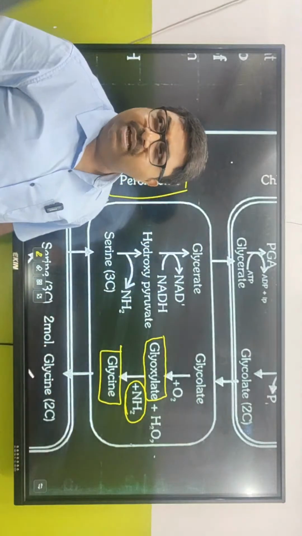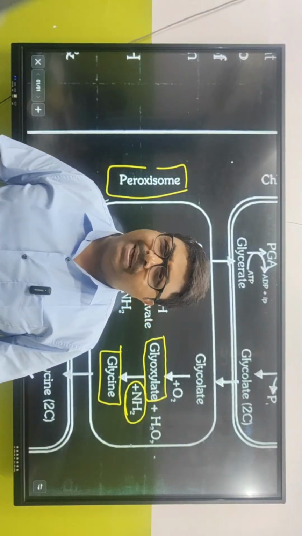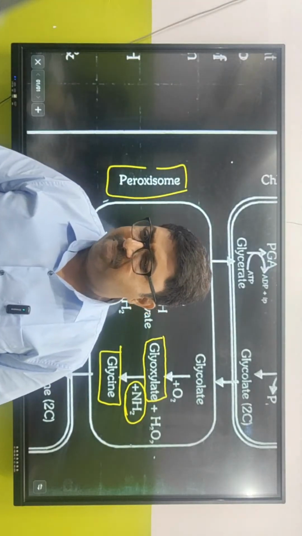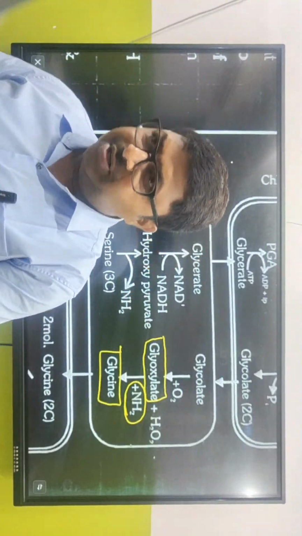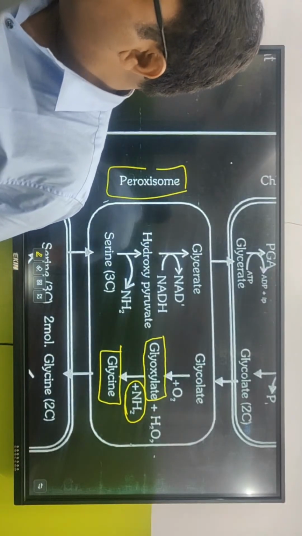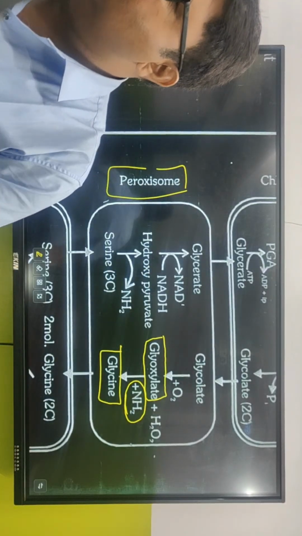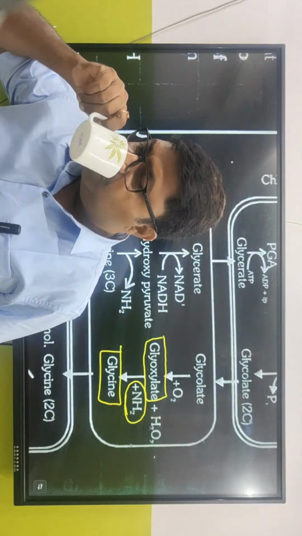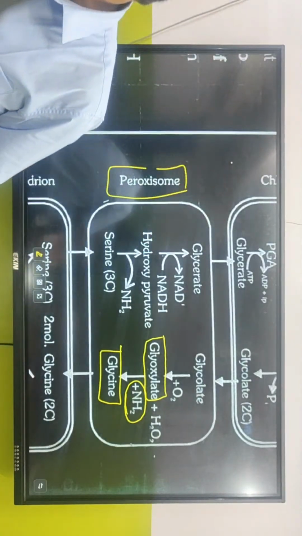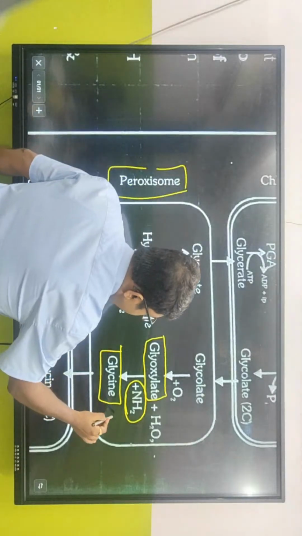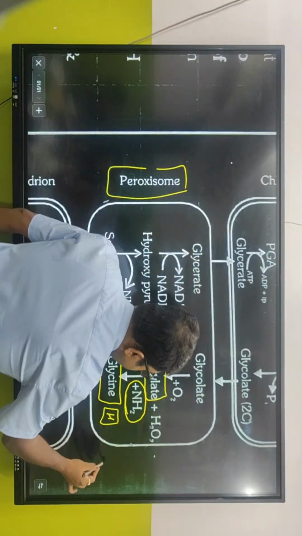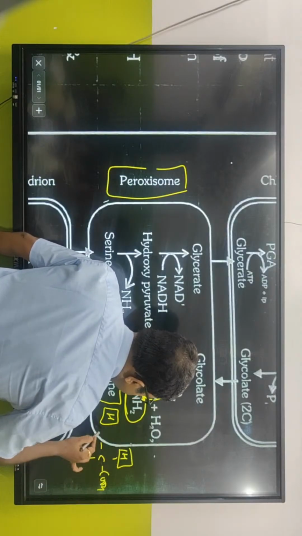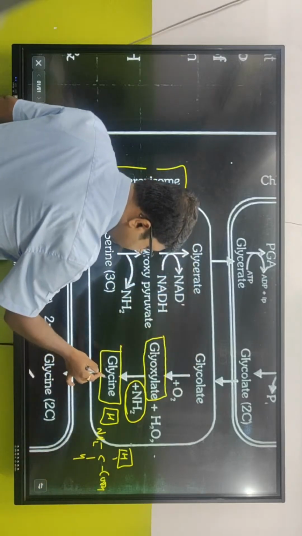What is glycine? Rita, you tell me. What is glycine? It is the simplest amino acid. What is the alkyl group in glycine? Glycine is having hydrogen as the alkyl group. Remember, biomolecule topic. In the alkyl group, they have got hydrogen. This is COOH, this is NH2, and this is hydrogen. Okay. Now this glycine,